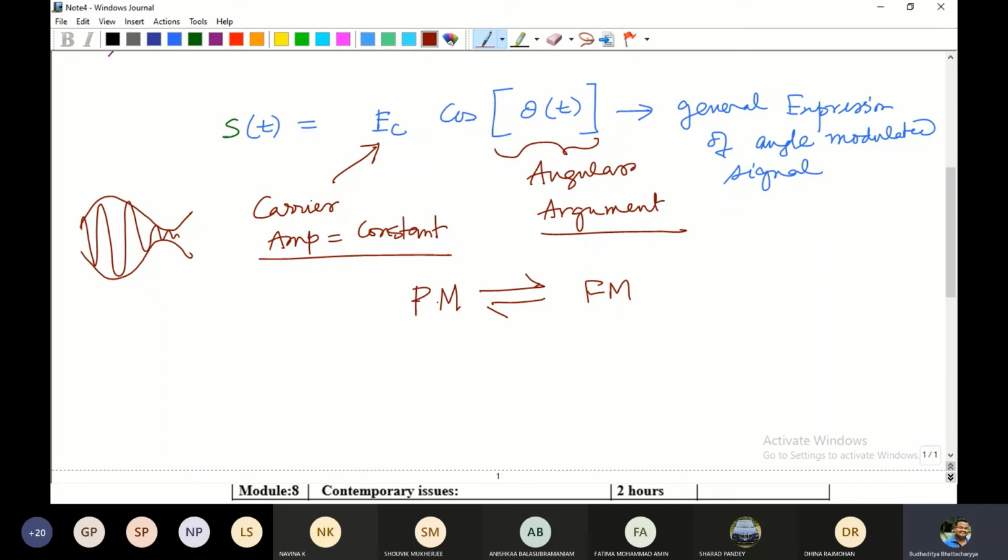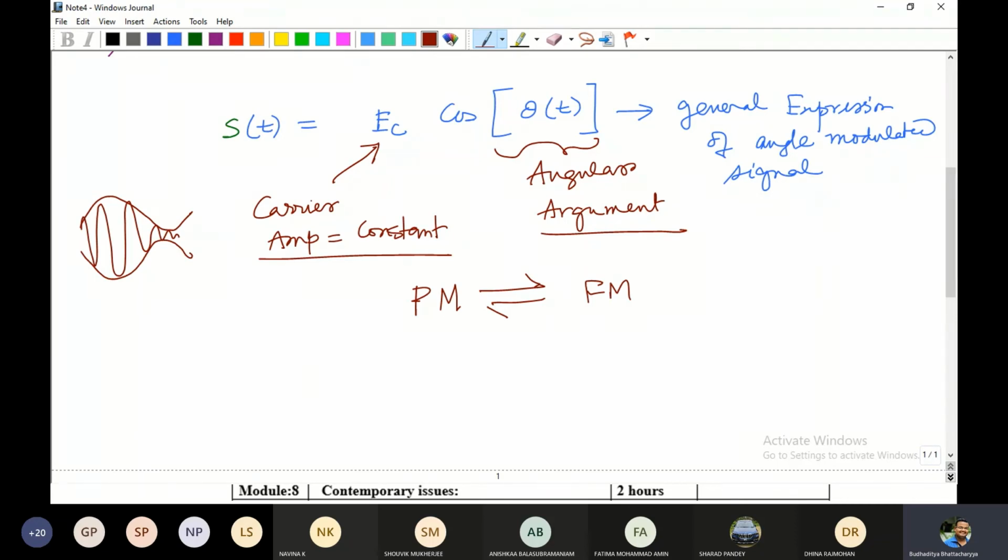Unlike AM. AM was a standalone modulation which required separate entities and generation for its purpose. But here, suppose you have generated an FM signal, you actually can convert that to a PM signal. Or if you have a PM signal or PM modulator, you actually can change it to generate the FM signal as well. So that's a brilliant advantage that it has.